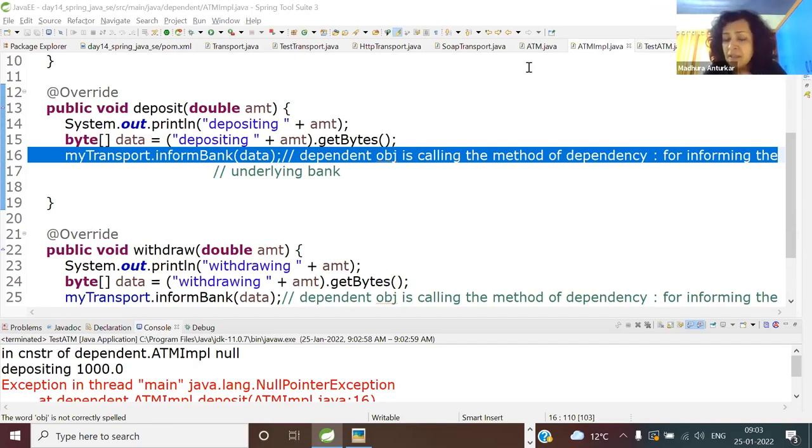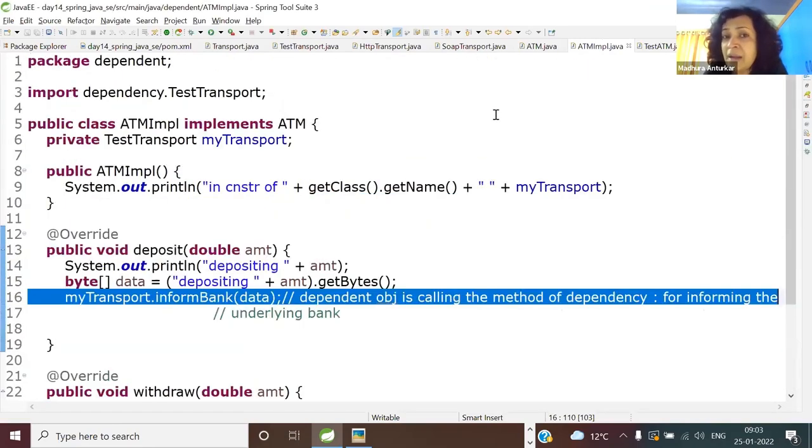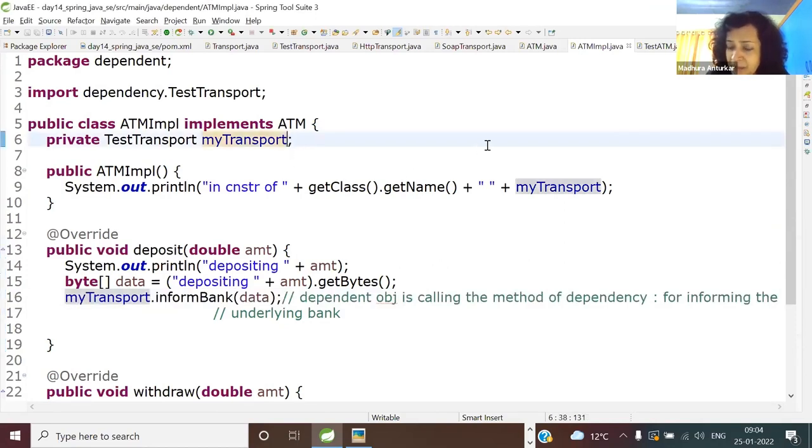And why is this? So let me ask you a question. Are the dependencies supplied, injected, made available to the dependent object or not yet? Answer is 100% not yet. Otherwise, I would not have got it. So, do we have a Spring-like container to do the job for us? Not yet. But I can always create my own dependency.